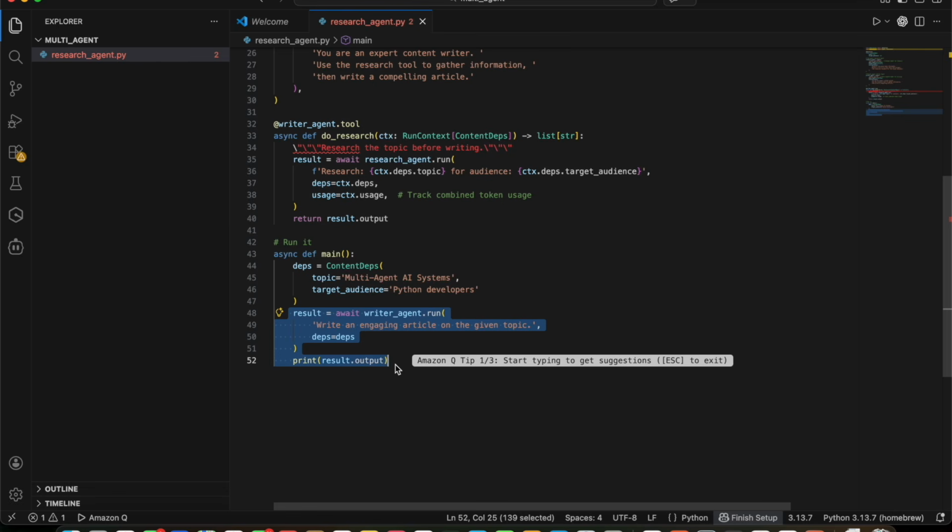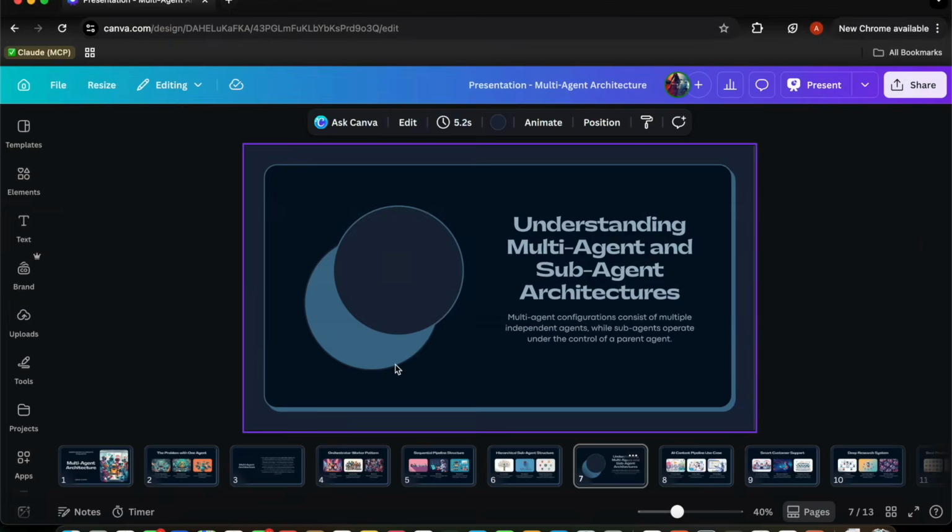Treat the sub agent as a tool, call the sub agent as part of the tool execution. That's it. Okay, I wanted to give you a small hands-on knowledge about multi-agents, so you will